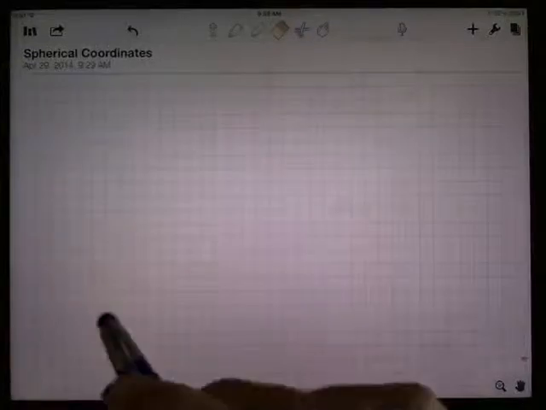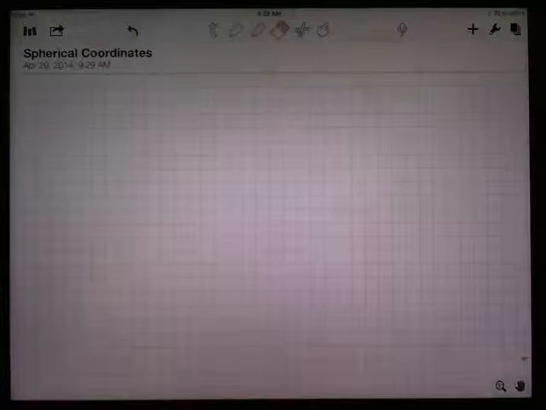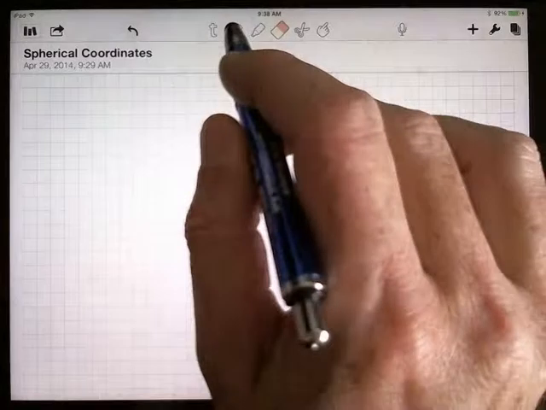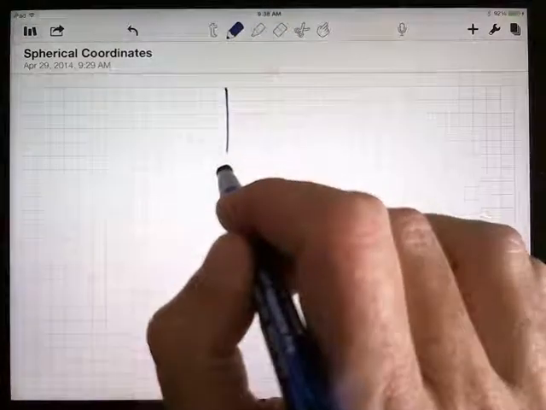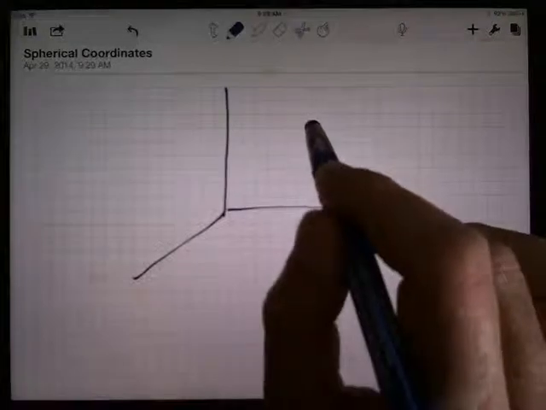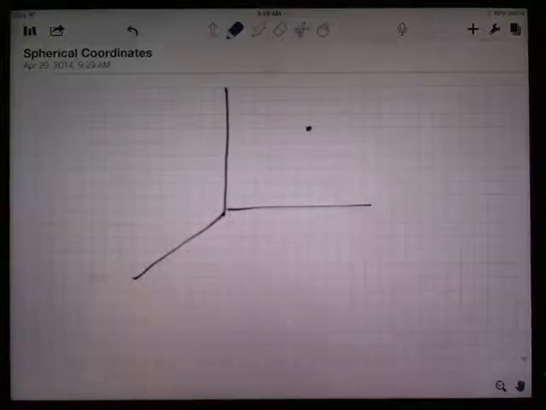Here's another useful coordinate system. It's called spherical coordinates. We do live on a sphere after all. So let's start off in a regular XYZ coordinate system. What I want to do now is take a point in space here. Now it's kind of hard to tell where that is, but